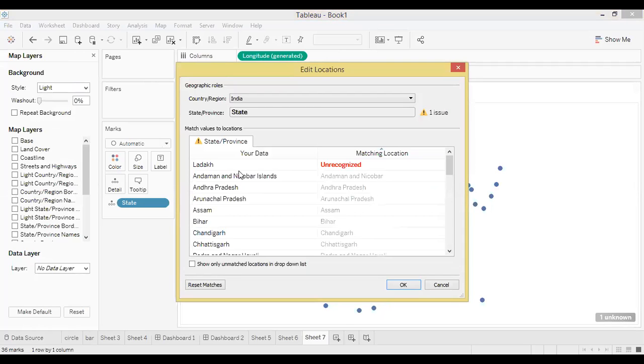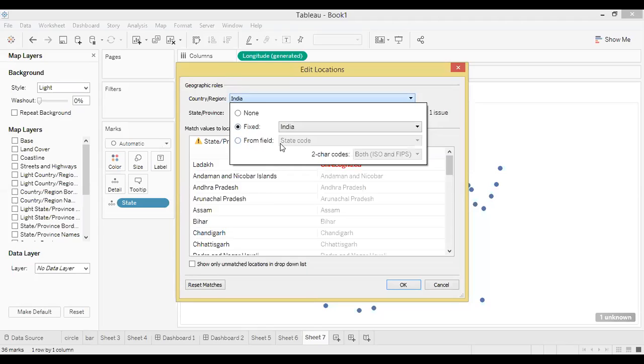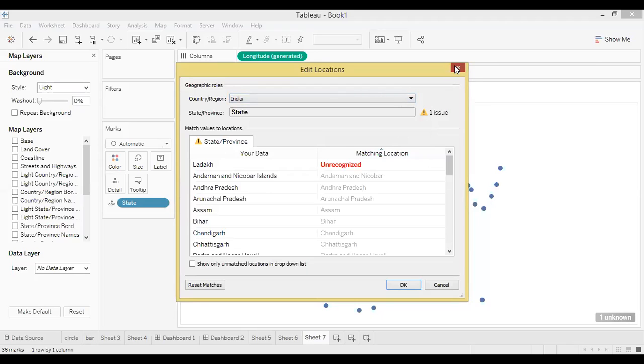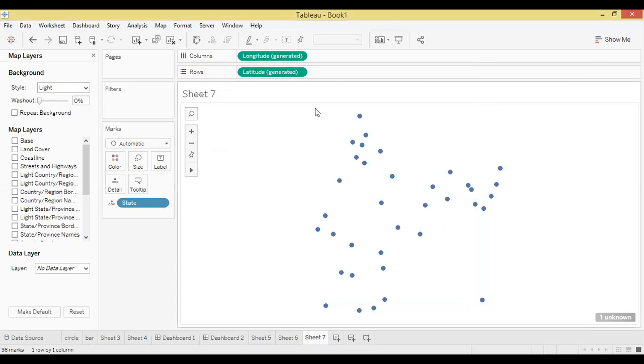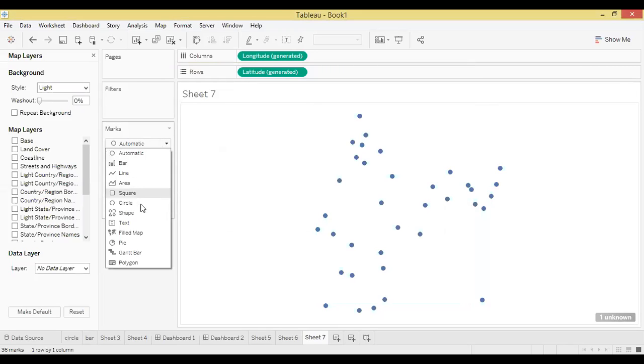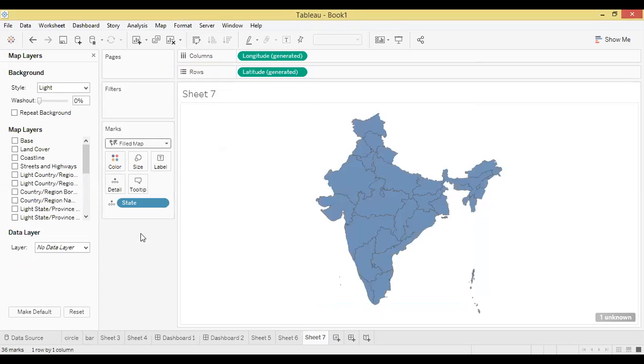I cannot tell you visually how perfect it can be, because in some cases the problem is that everything is coming here, but it is unrecognized over here. So you will have to change it depending upon what it is showing. So here the US will be default. So in that case, you have to change this to India, and it will itself take all the states. Okay. That's it. So here you can see it is showing again automatically as a circle. So go to field map. See,